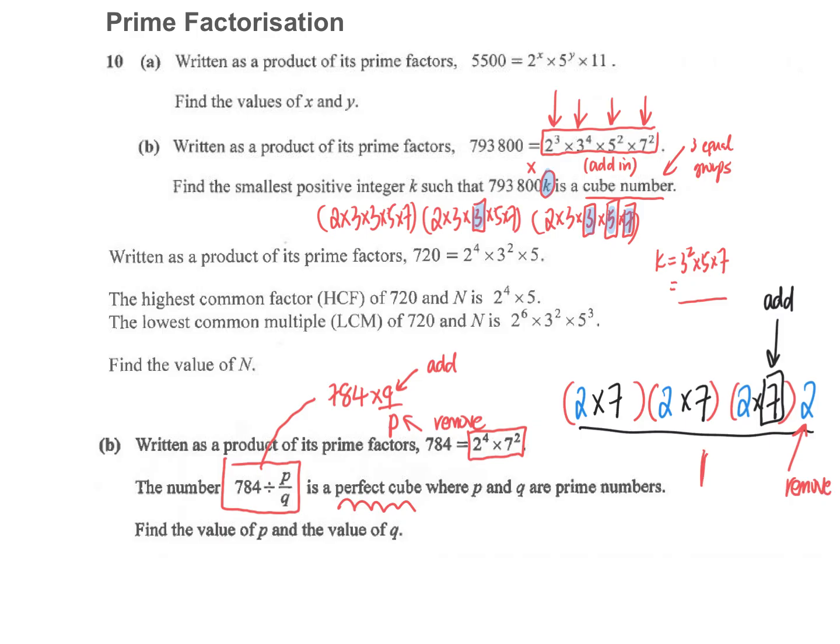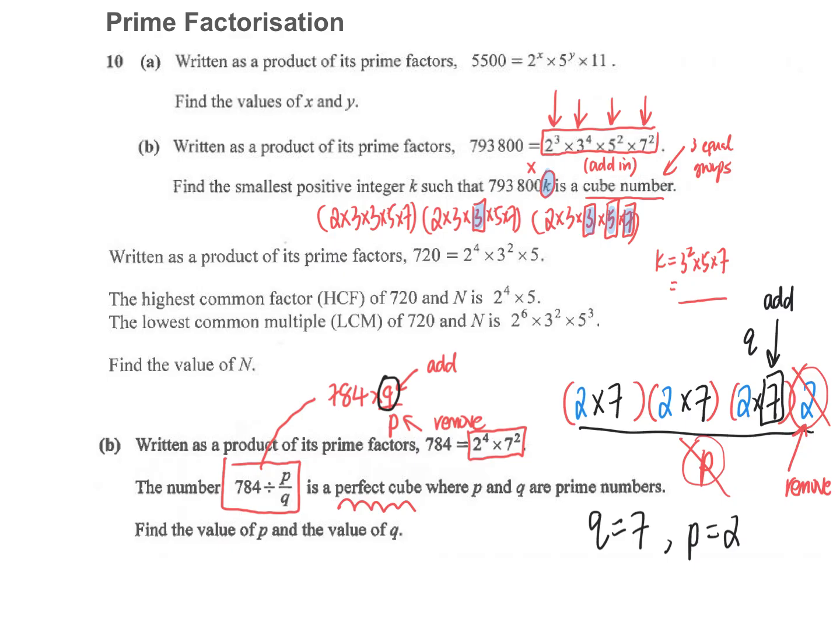So if you look, P should be 2 so that I can cancel this thing out. Right? And then the Q is the number that I add in. So this is Q. So in this case, Q is 7. And then P is the number 2 that I should remove. Okay? So when you see this kind, you know they are asking you to add or remove numbers from your